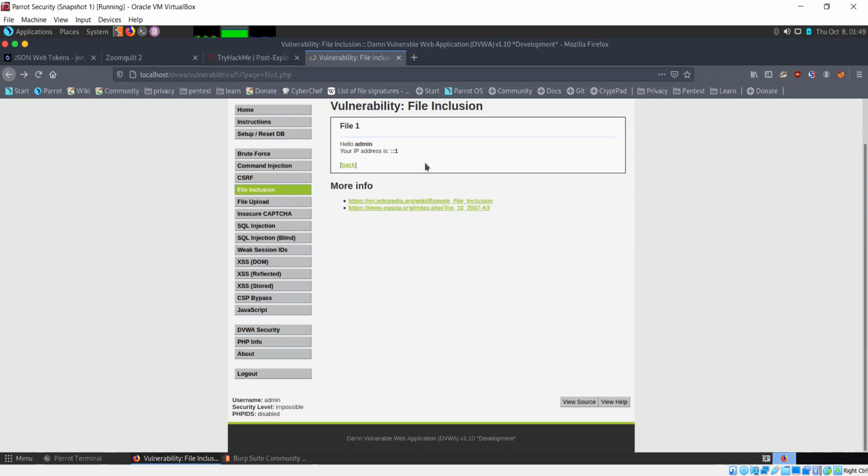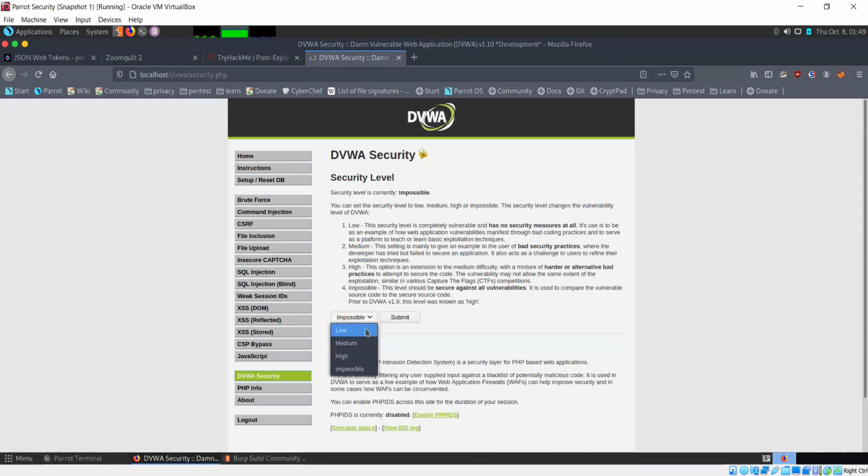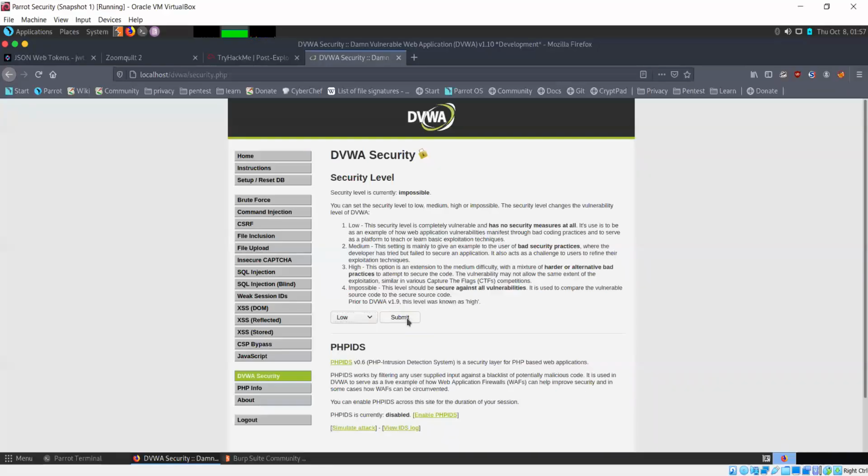That is the file inclusion vulnerability. And we change our security level back to low.